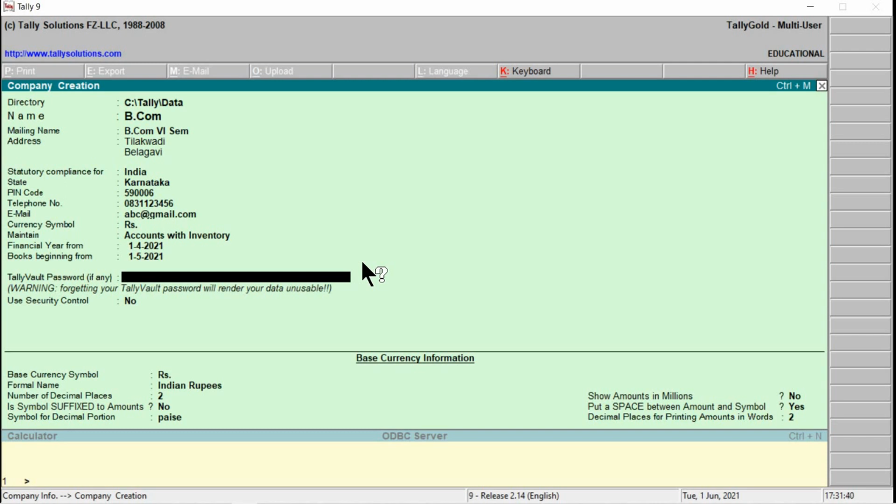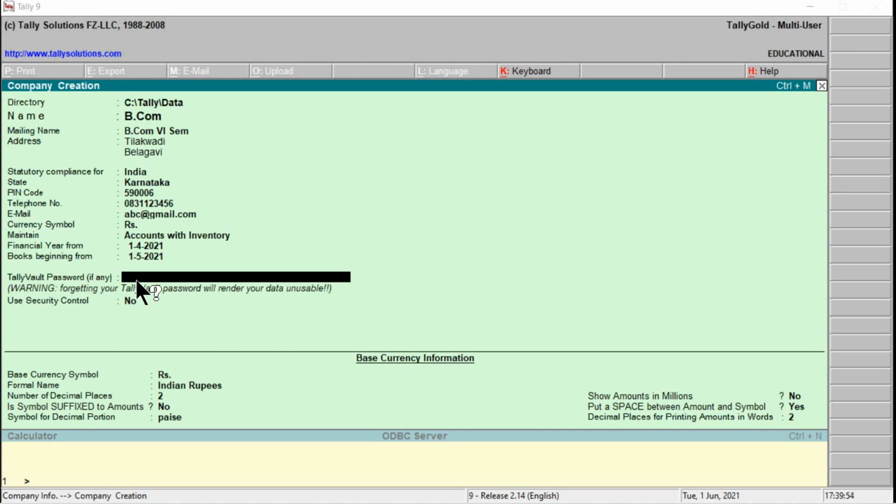Then comes the Tally Vault password. Tally offers a data encryption option, which we call Tally Vault. With the help of Tally Vault, we can encrypt the company data by setting a password.